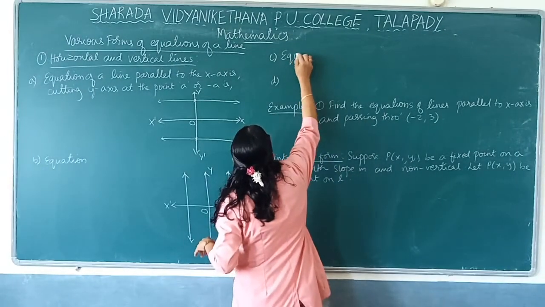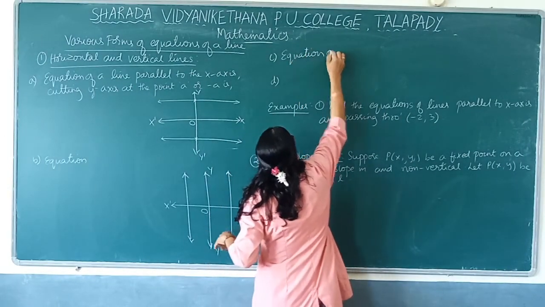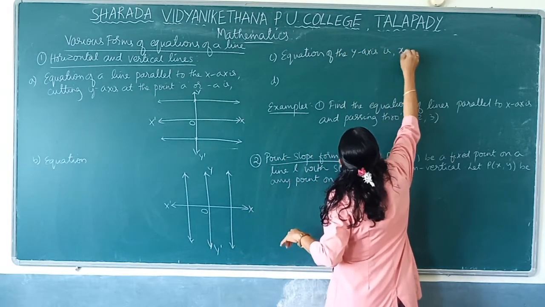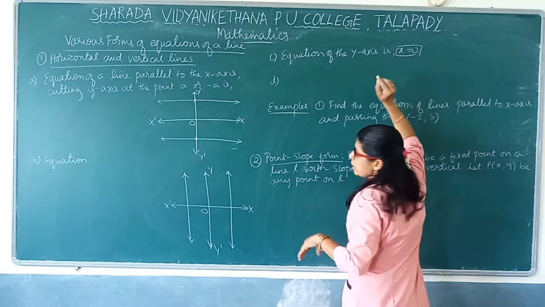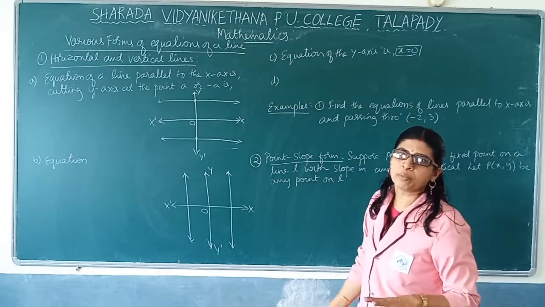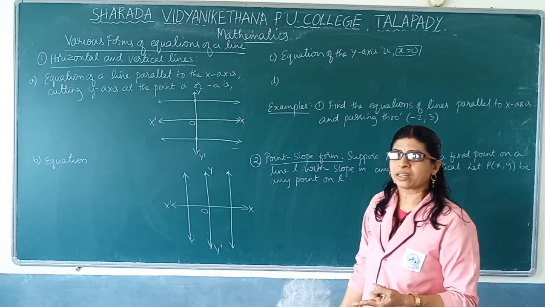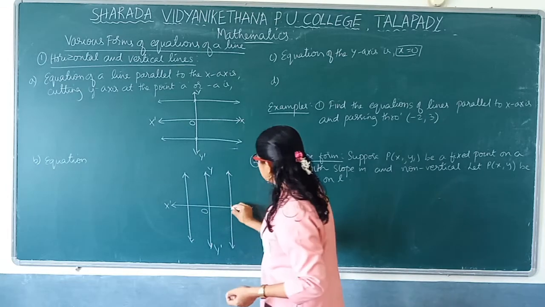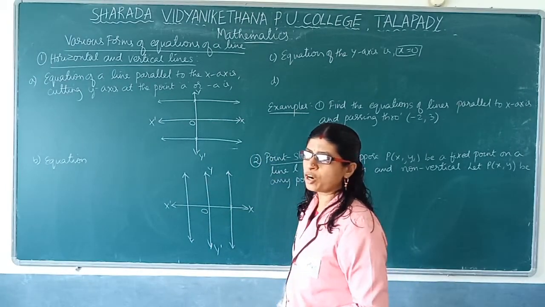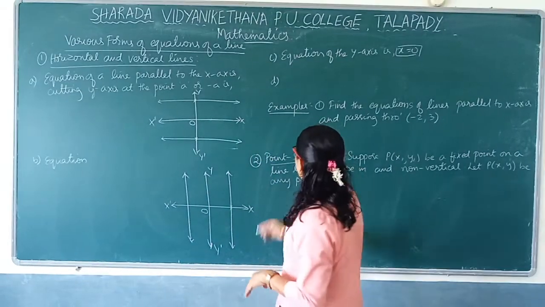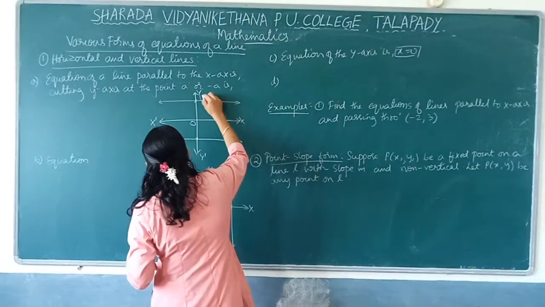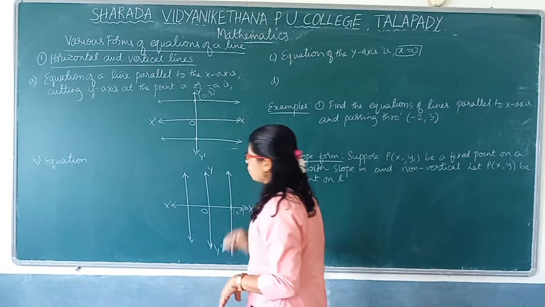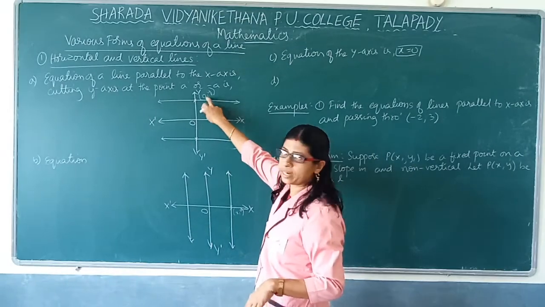So the equation of the y-axis is, what is that? x is equal to 0. Any point you take on the y-axis, its x coordinate will be 0. We have just discussed a problem like that, isn't it? Similarly, consider any point on the x-axis. What will be its coordinates? x comma 0, isn't it? Here, 0 comma y; any point on the y-axis will look like 0 comma y. Here it will be x comma 0. So here the y coordinate is 0. In this one the x coordinate is 0.